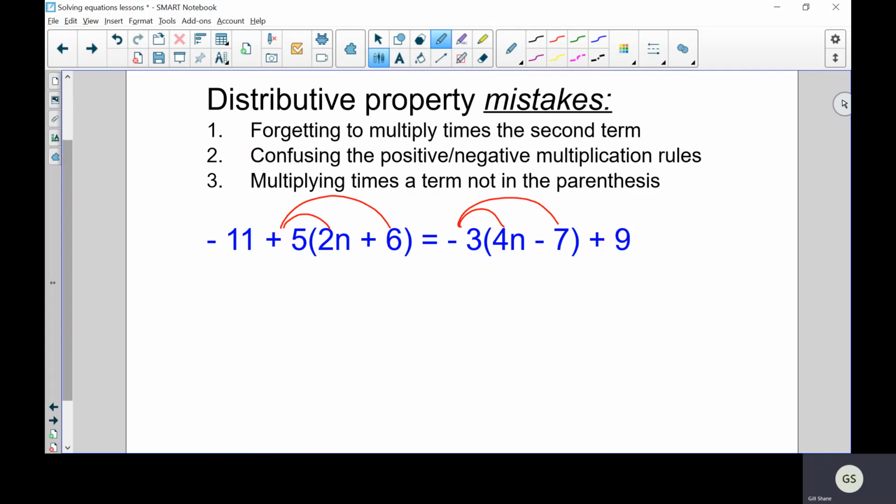Now, if your positive and negative is wrong, what I'll do is I'll say, you got something wrong with your positives and your negatives on the right distributive property. And you'll have to look at it and figure out. And then I'll walk away and I'll come back and I'll see if you got it corrected. And if you don't, then maybe I'll give you a little more help. So assuming that you're